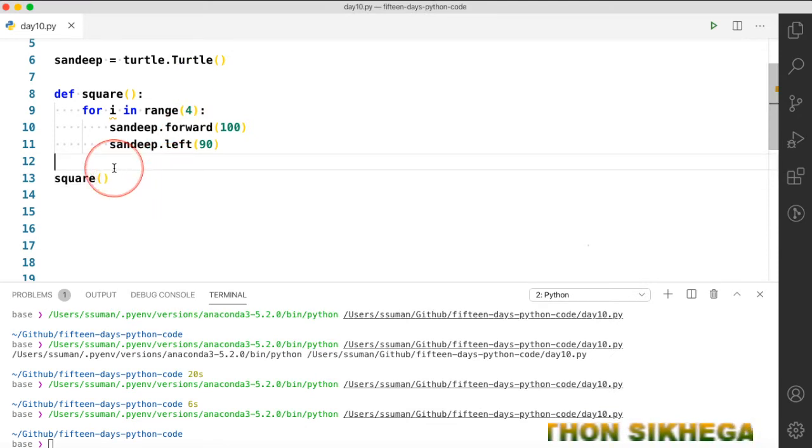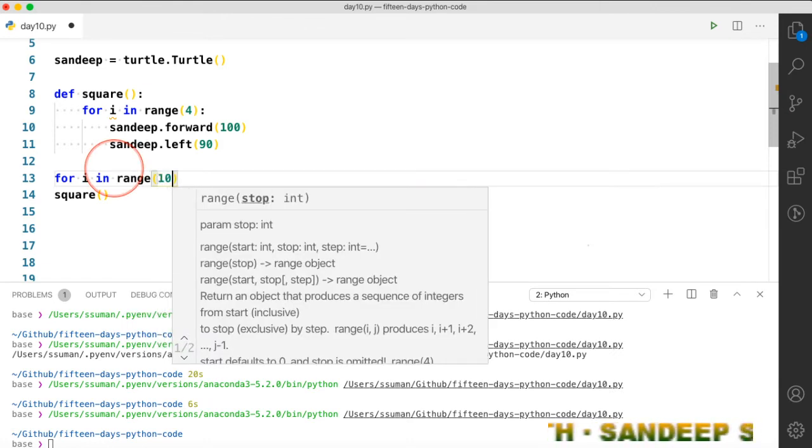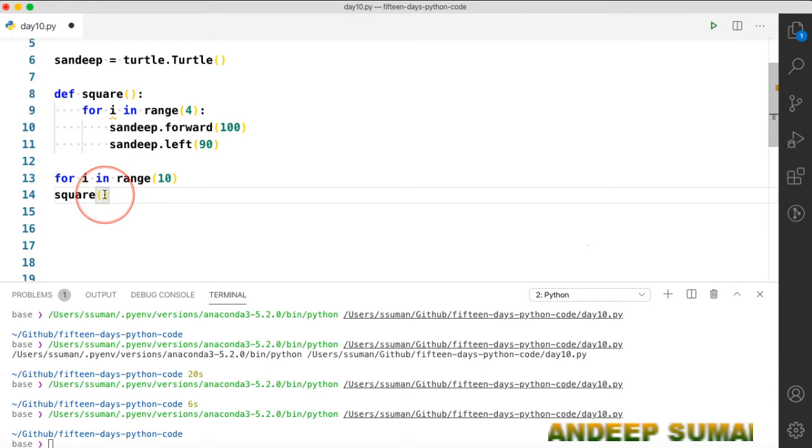Suppose we now want to rotate the square by an angle of 20 degrees, for several times, then we can write another loop, for i in range, suppose 10 times, and we want to rotate the square.